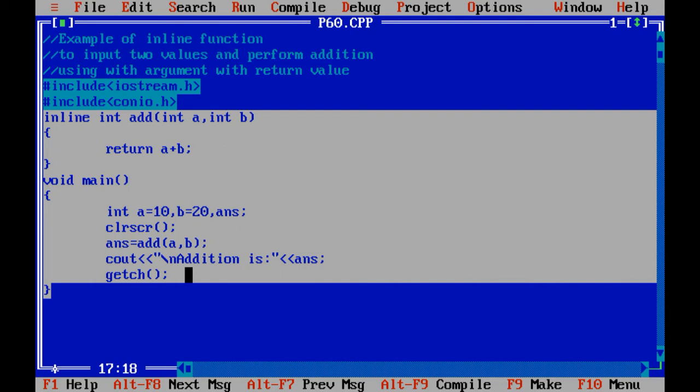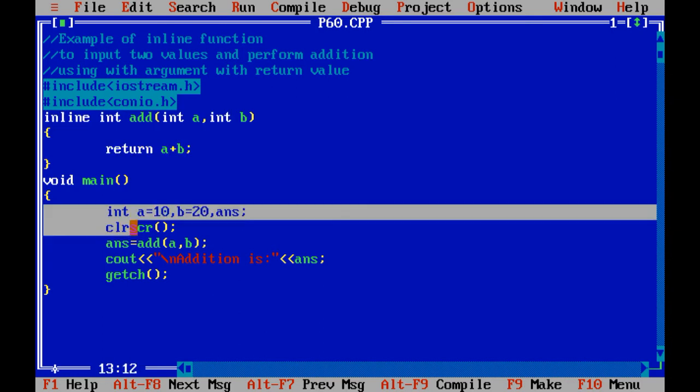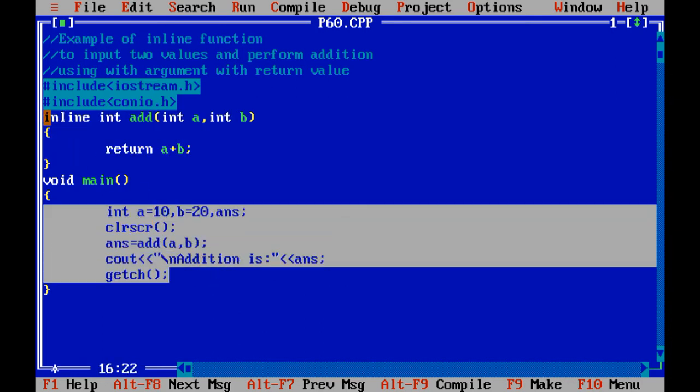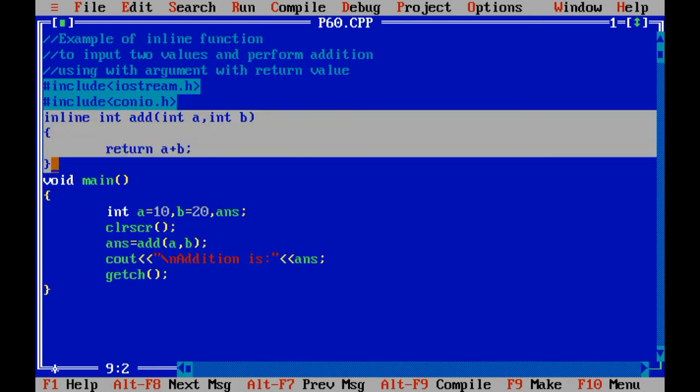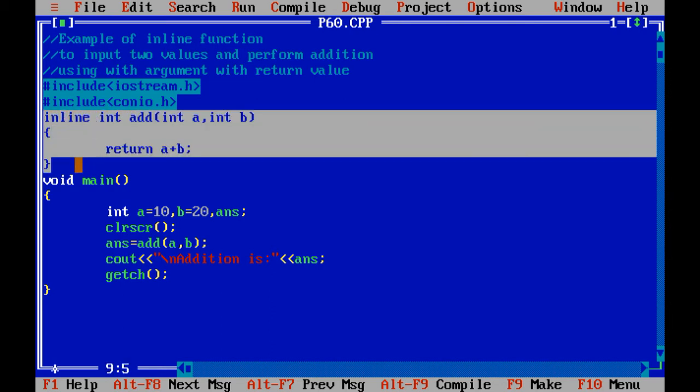Using inline, it stores the whole function inside the memory of the CPU. So when you call such a function, it will automatically call that UDF and directly call it from memory. So you will get very fast speed, right?